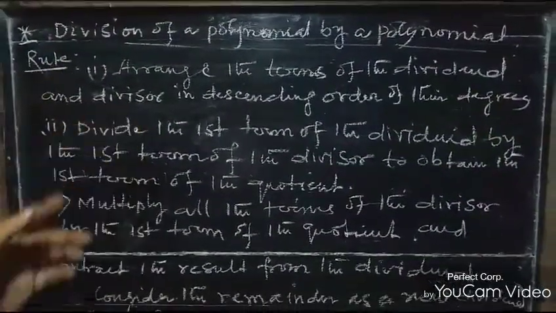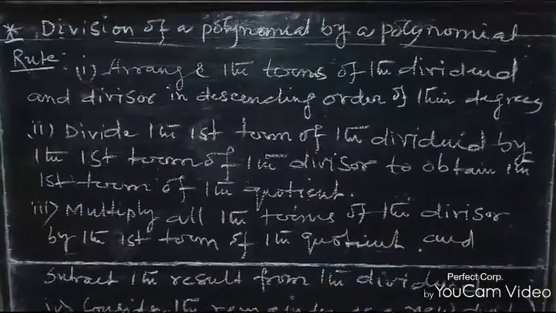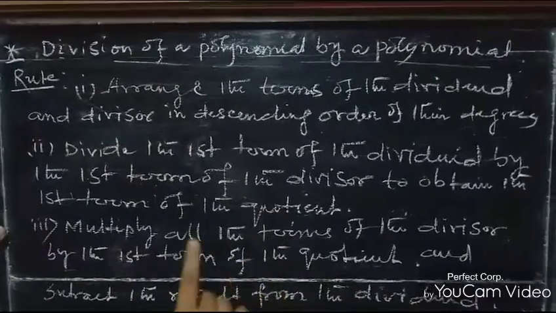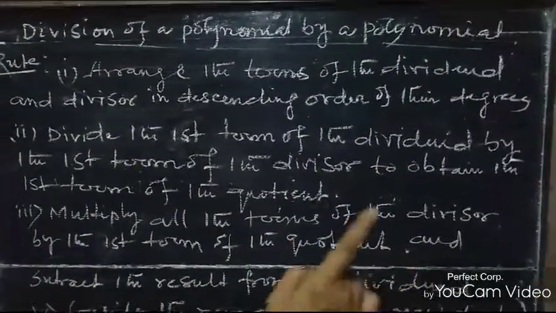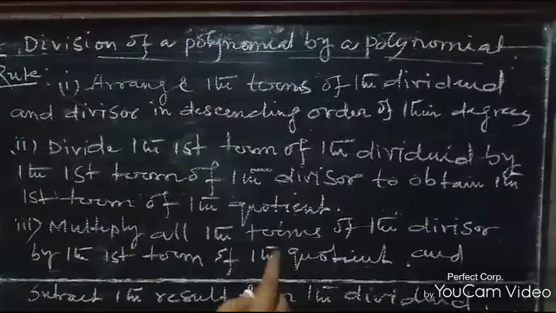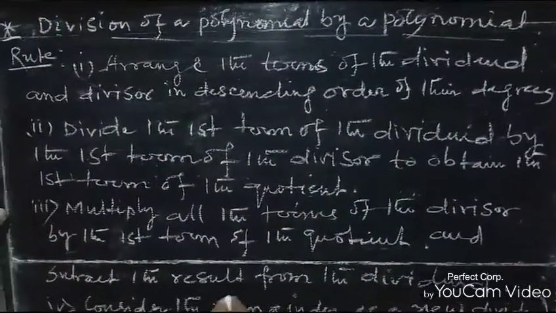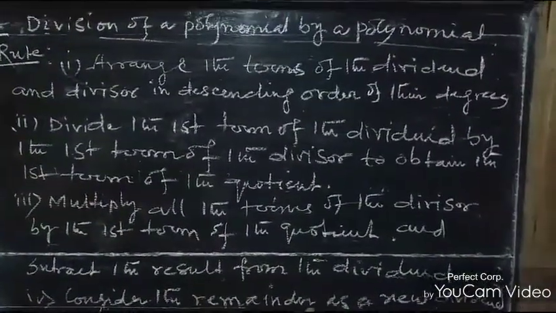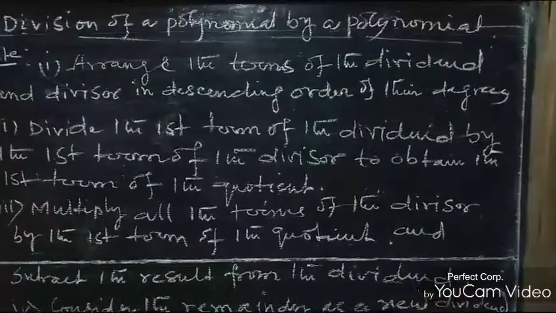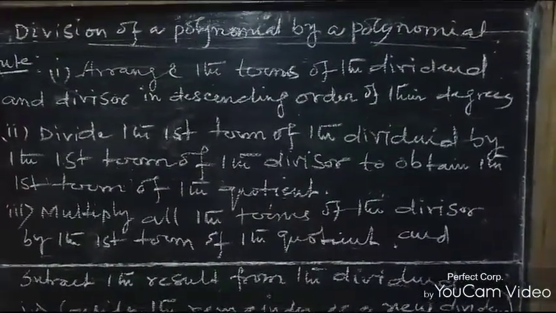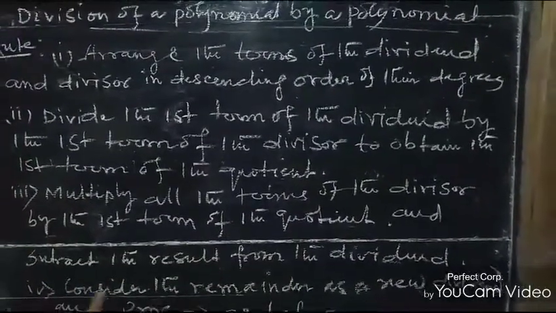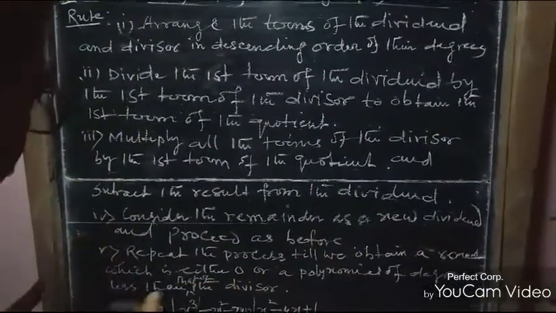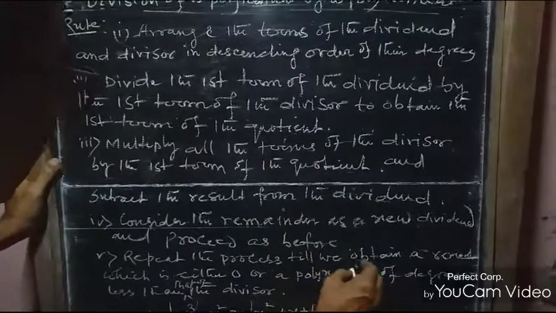So first, the first term of the dividend is to be divided by the first term of the divisor. After that, multiply all the terms of the divisor by the first term of the quotient. With the help of the first term of the quotient we got, you need to multiply the whole divisor, and then subtract the result from the dividend. This is the third rule. Next, consider the remainder as a new dividend and proceed as before. A remainder has come, and that is the new dividend. Repeat this process till we obtain